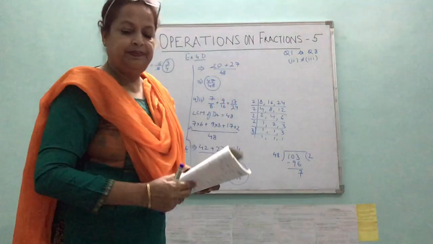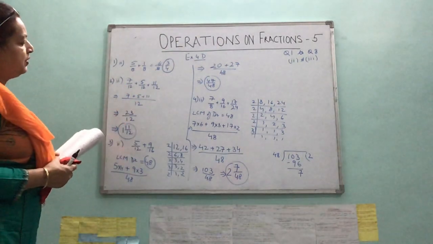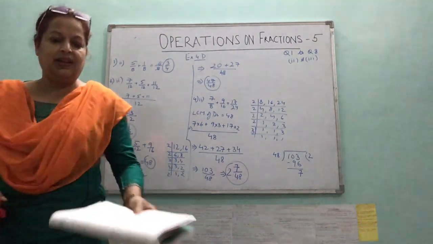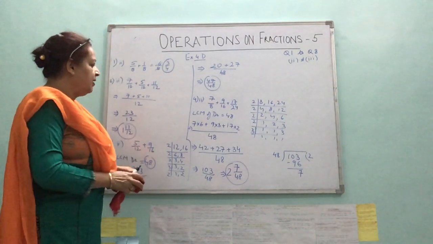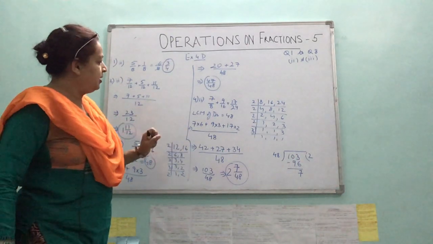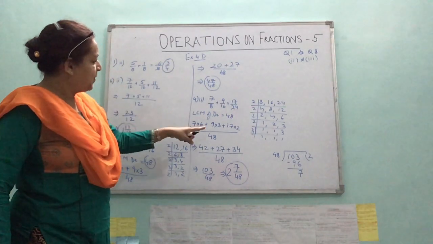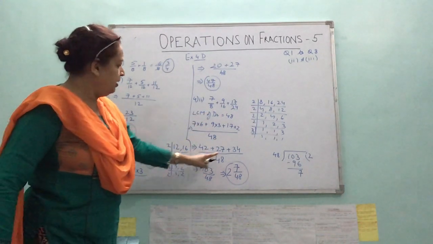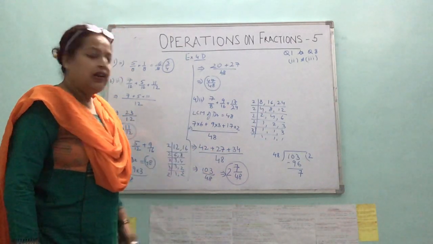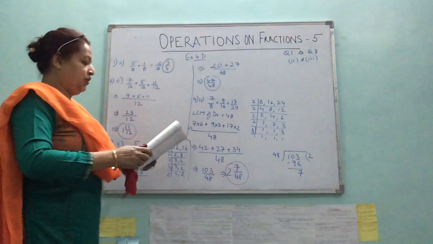Okay, so we'll continue. Just want to check whether everything is correct or not. Yes, I made a mistake. I was feeling that I made a mistake. No, it's okay. It's correct. Two times 48, 96, 103 minus 96 is 7. It's correct. Alright. Let's move on to the fifth question.